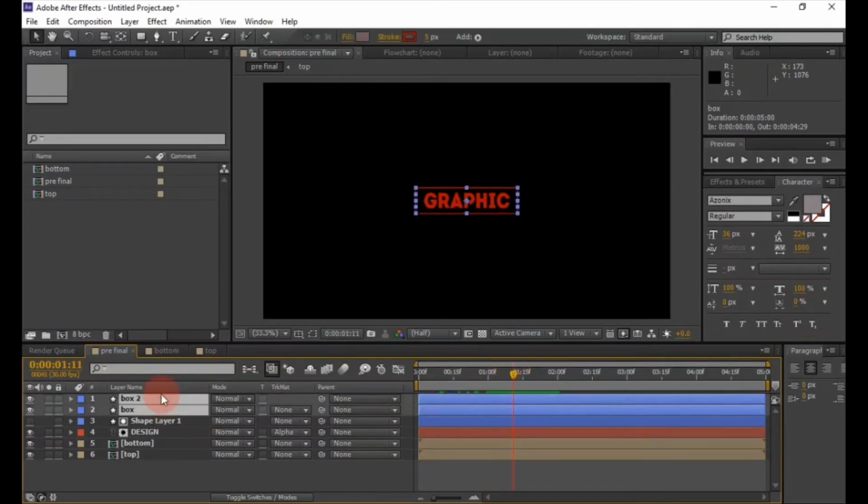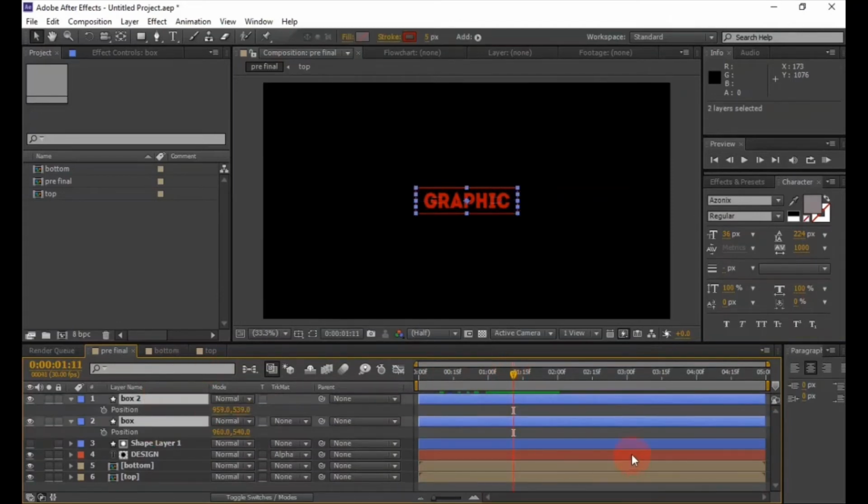Now select the 2 box layers, then press P to open position. Now go to 2-second position and then add a keyframe. Now go to 3-second position.